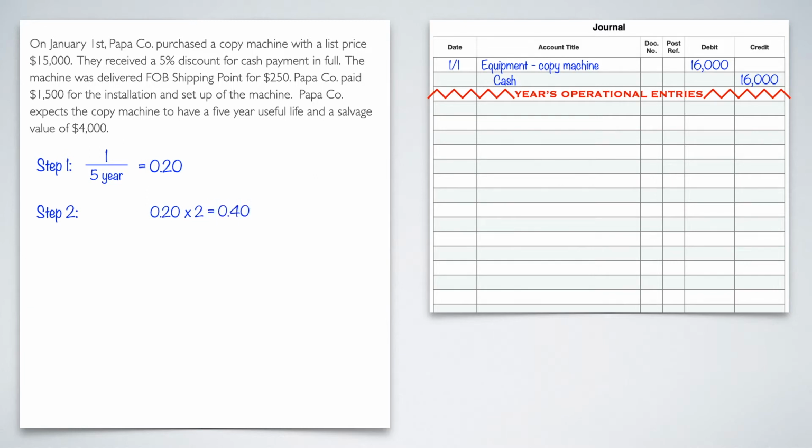Now that we have that number, we're done. We're not going to do step 1 or step 2 anymore because that's a fixed number. Step 3 we have to do annually. So step 3, to find our depreciation per year, we're going to take our book value, which is going to be our TAC minus our accumulated depreciation. So what we have in accumulated depreciation subtracted out of the TAC times the double declining rate that we just found, and that'll give us our depreciation expense for the year. So let's begin with year 1.